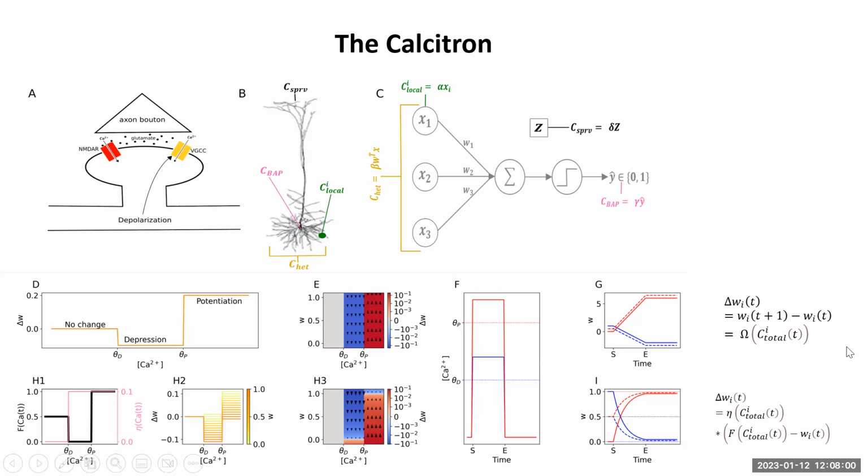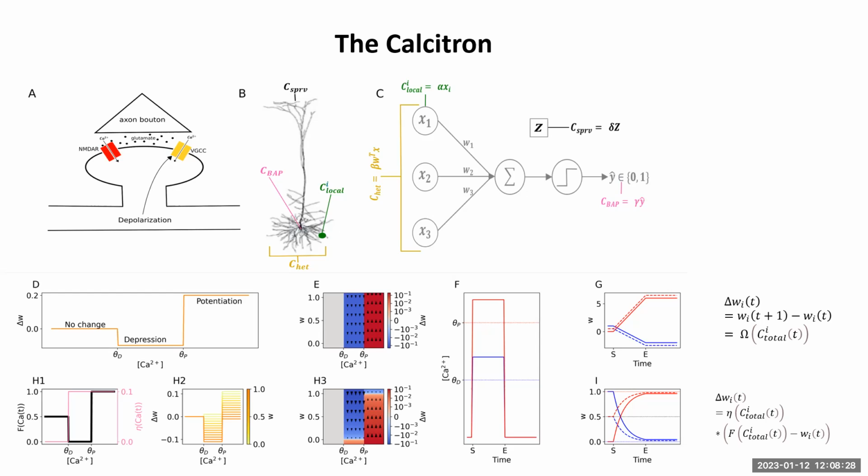Okay, so this is the calcitron. The idea is that the calcitron is a linear neuron that learns using calcium-based plasticity. So we'll go through this slowly. But the general idea is that the way that neurons change their synaptic weights is that calcium enters the cell,